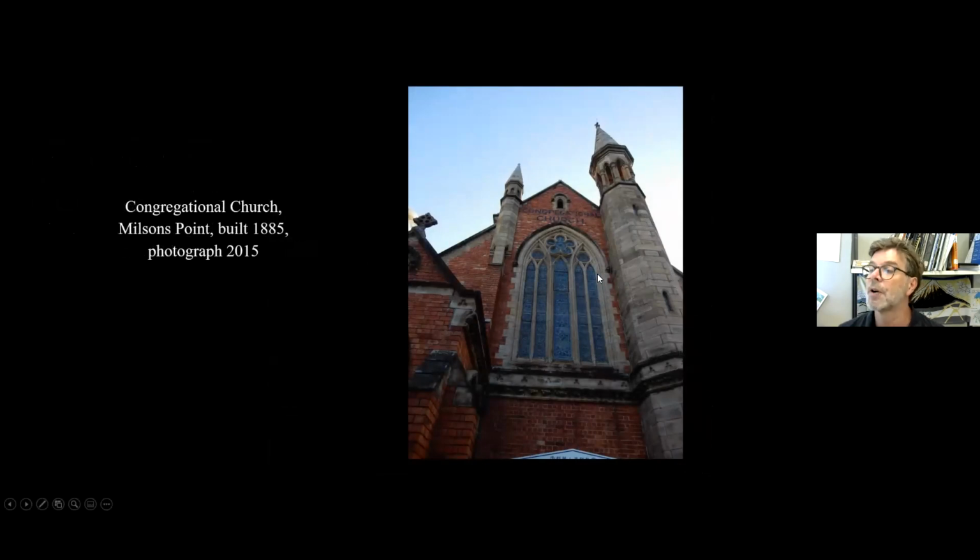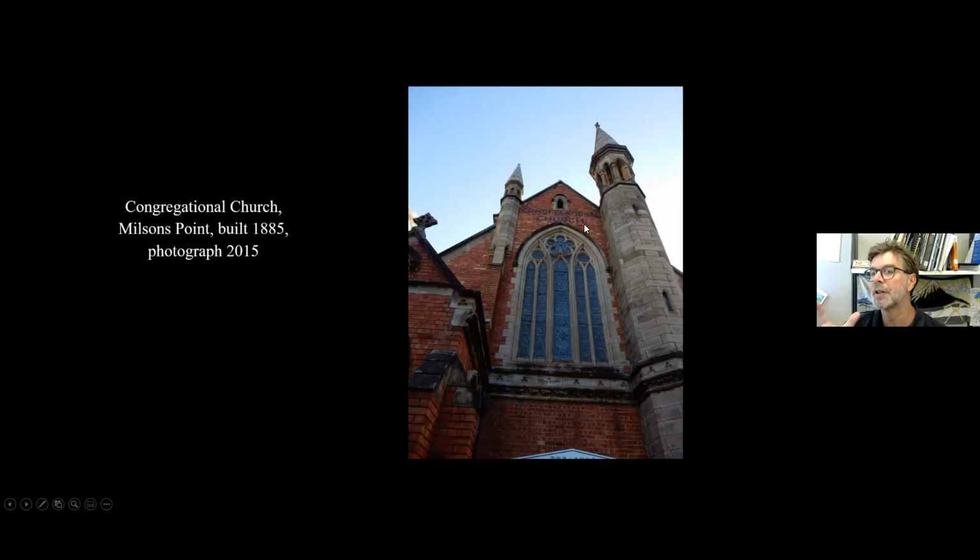I put this photograph in because it clearly shows a church made from both brick and stone. It's one of my favourite churches in North Sydney. I used this picture in the talk on churches I did last month, I think. 1885, I have no idea where this clay comes from. I assume it's Sydney clay, but it's very red and very different to a lot of the other clay you see. Anyway, this is clearly sandstone.